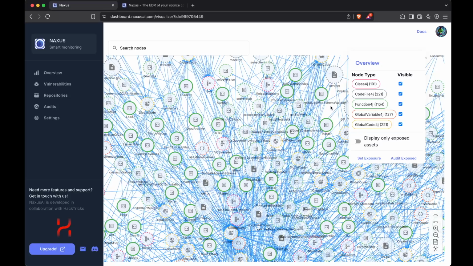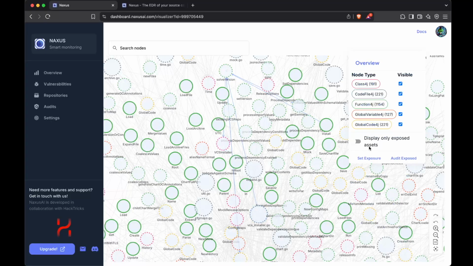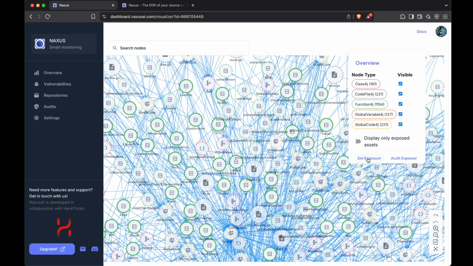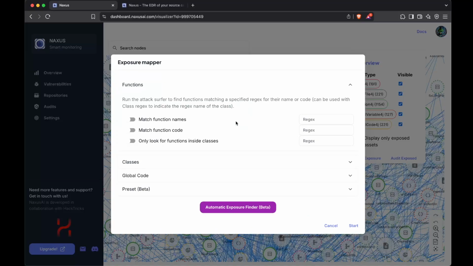So how can we do that in an easy manner? Because one way would be to search ourselves for all the nodes that are exposed, click here on the expose tick that you have here, and then it will mark the node as exposed. However, this is going to be very time consuming. So we have a special function and a special button here that is called set exposure. If we click on this set exposure button, we are granted some options, and here we can indicate, for example, that hey, I want